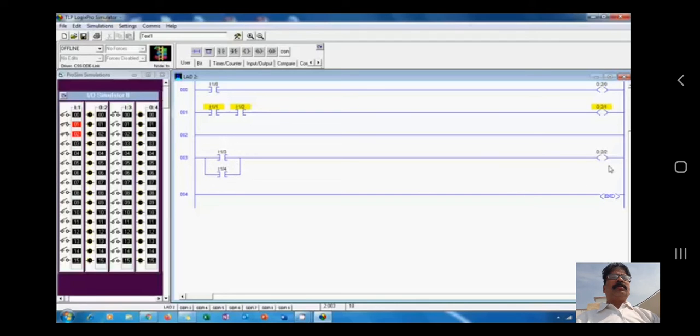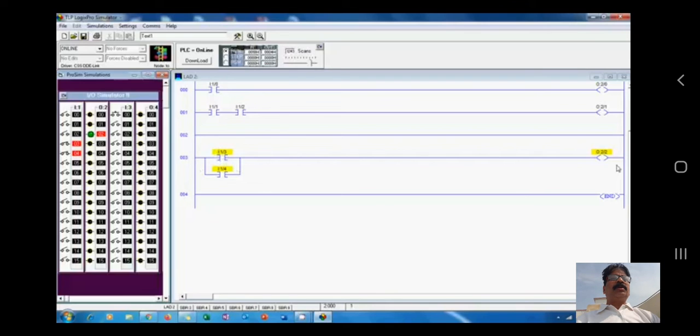OR gate in parallel. Now to simulate this, again go to the online, download this to the PLC, go to the run mode, and depending upon the position of the switches, we will get the output of the OR gate. Switch 1 is true, output is true.